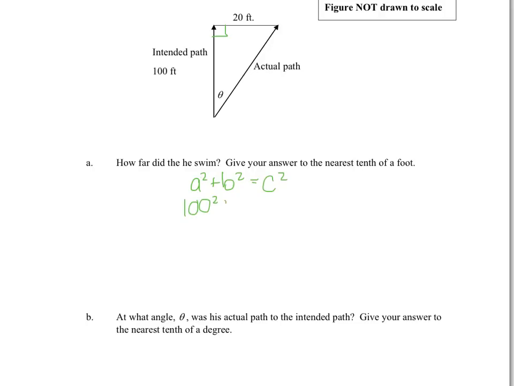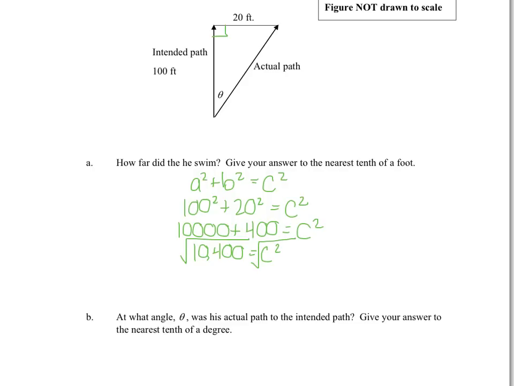We have 100 squared plus 20 squared equals c squared. 100 squared is 10,000, 20 squared is 400, and the sum of those two together is 10,400. To get c by itself, I'm going to square root both sides. I'm not going to use the negative because we can't have negative distance. So c is going to be approximately